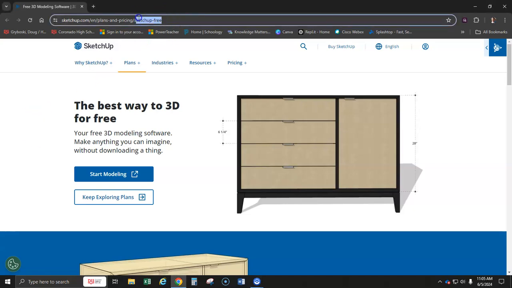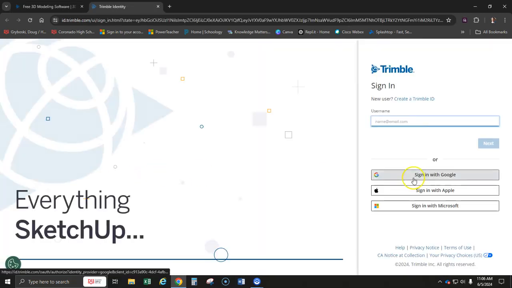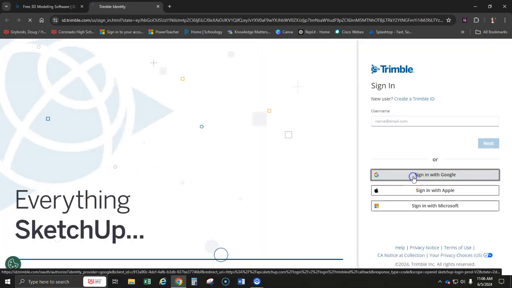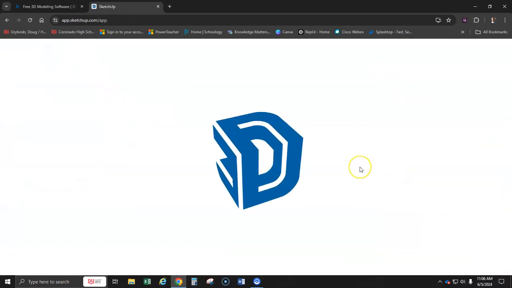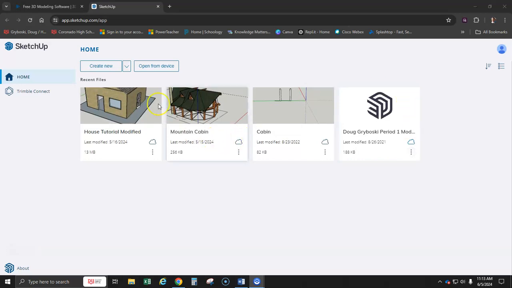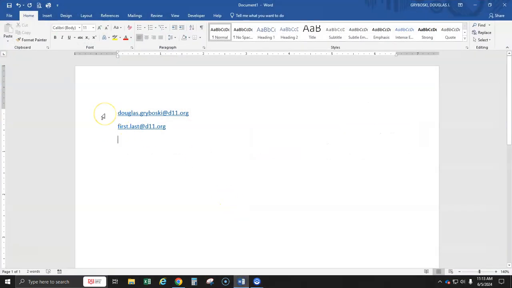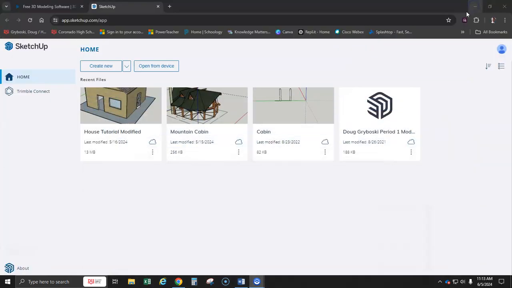Okay, once we get to this page, we'll click the Start Modeling and sign in using Google, and be sure to use your District 11 email address. It logged me in because I was logged in already, so I didn't have to type it in. Anyway, yours will look something like this: first name dot last name at D11, and then once you hit OK